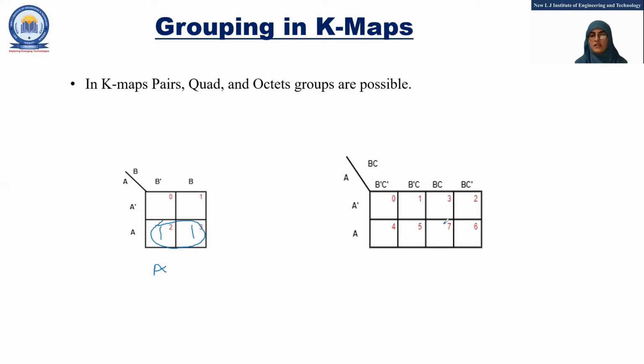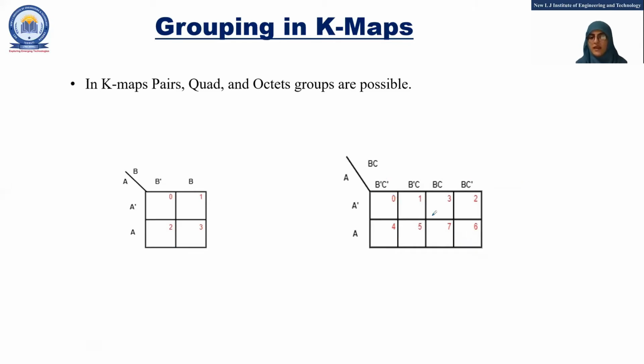Next, the 3 variable K-map. Here we have to make pairs or quads. So we can make this quad. The answer of this quad is the same input in all these terms. We can see that C is the same in this quad. So the answer is C. We can make a quad like this also. So we have to find the common input from these terms. Here we can see that C bar is the same. So the output is C prime.